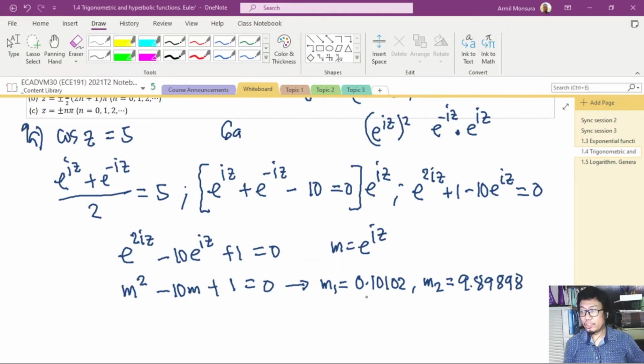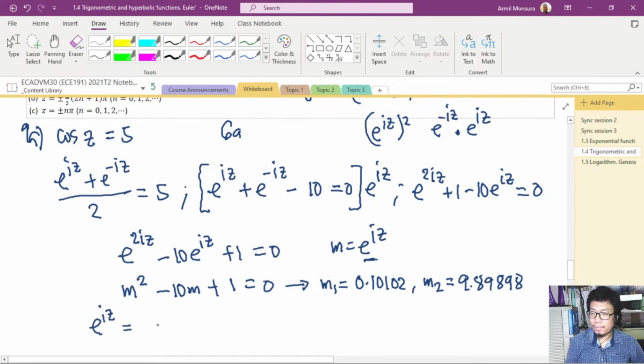So these are the two roots. Now, take note that m is equal to e raised to iz, so we have e raised to iz equals 0.10102, and the other solution is e raised to iz equals